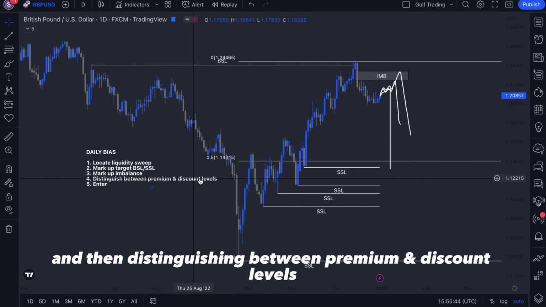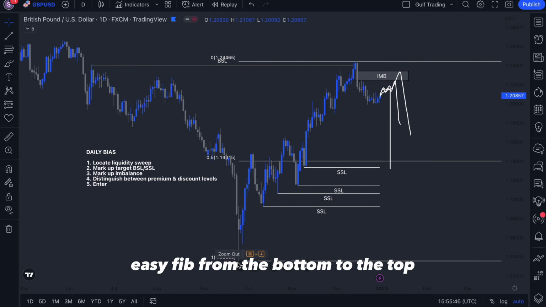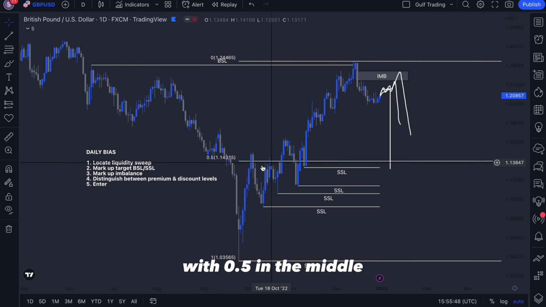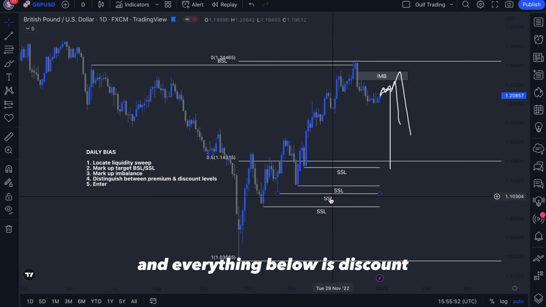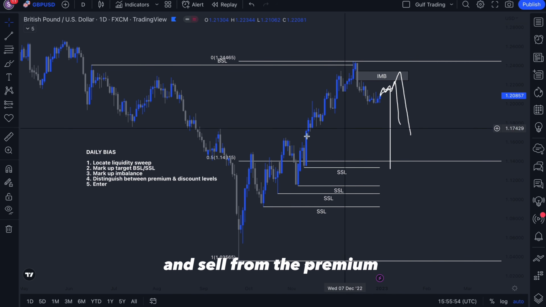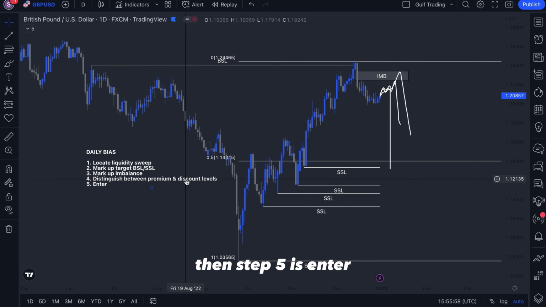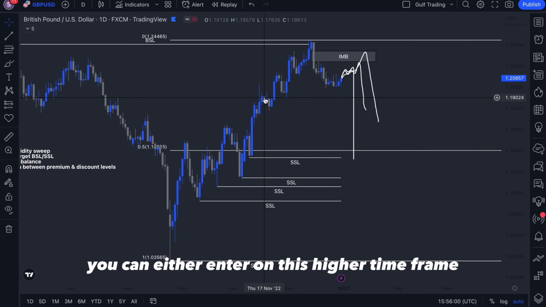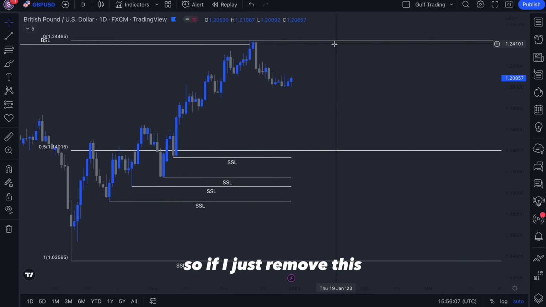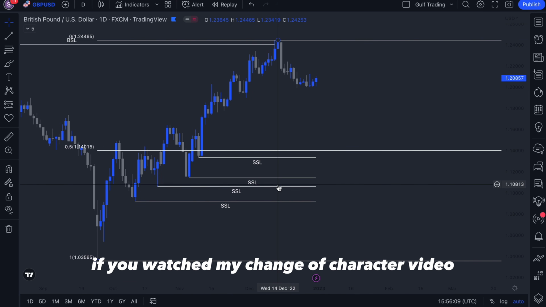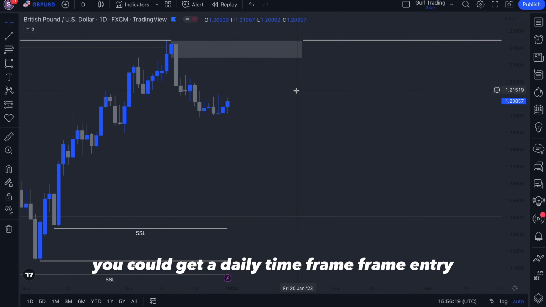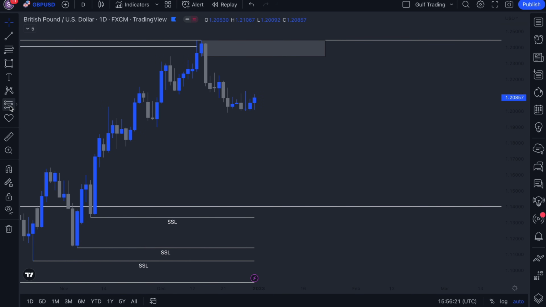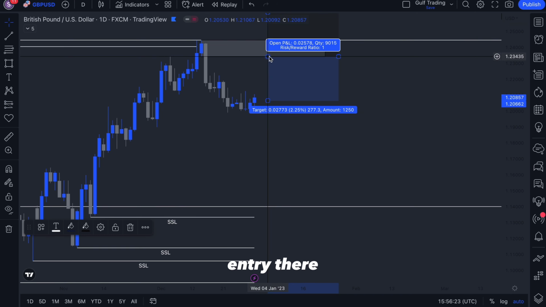And then distinguishing between premium and discount levels, easy, fib from the bottom to the top, with 0.5 in the middle. Everything above is premium and everything below is discount, where you're looking to buy from the discount and sell from the premium. And then step 5 is enter. And as I mentioned, you can even enter on this higher time frame. So if I just remove this, if you've watched my change of character video, you will know that this order block here, you could get a daily time frame entry on entry there,